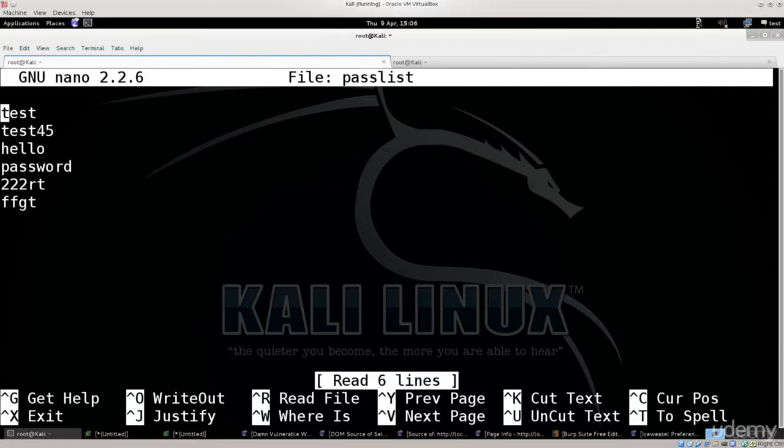But why should you do what I did? Why didn't I just download it from the net? Well, Hydra is notorious for not doing what you intended it to do. I mean, the tool does function, the tool is properly coded, the code is fine, but because of the parameters that people tend to pass to it, especially for HTTP and HTTPS versions of attack, when you are attacking a website login form,